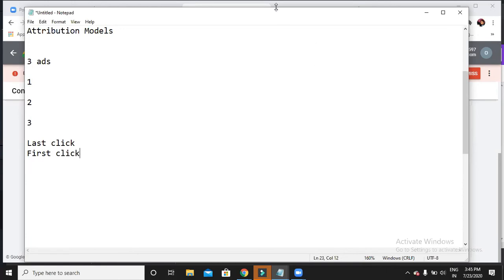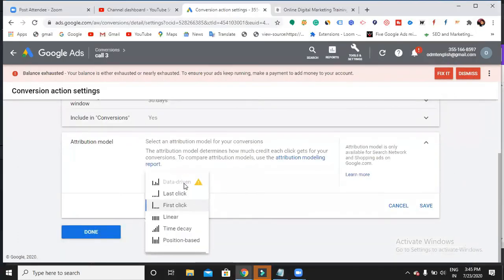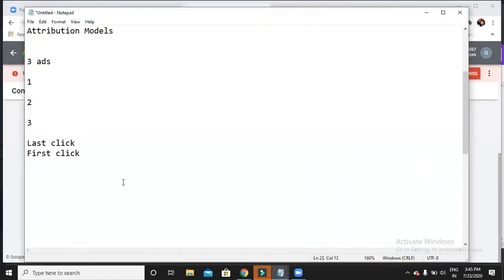The next one is linear. Linear means I am going to give credit to all the clicks, not just the first and last. One, two, three, four, five.